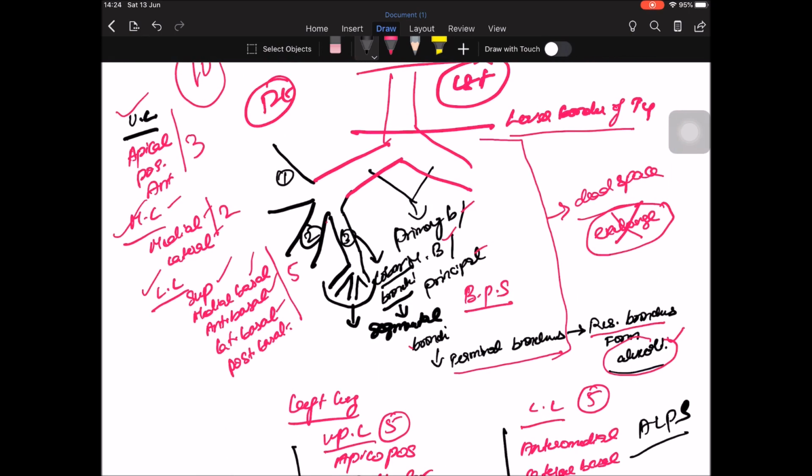For the right lung: a palm seed makes another little palm. A for apical, posterior, anterior, and then in the middle lobe medial and lateral, and then lower lobe superior, medial basal, anterior basal, lateral basal and posterior basal. A palm seed makes another little palm. APALMSMALP.